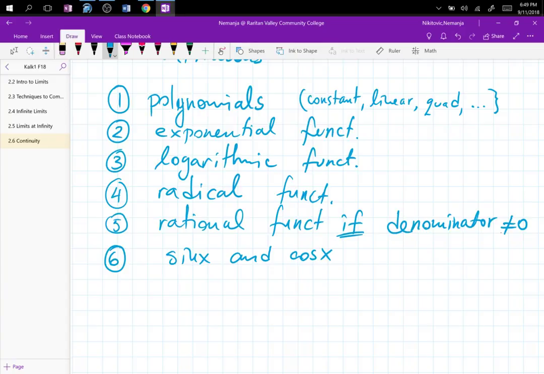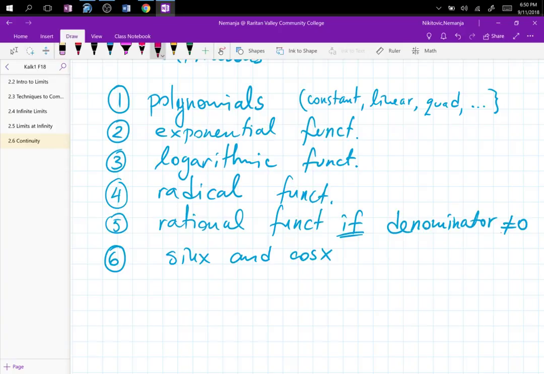Right? So sine and cosine, they are the two trig functions that do not have vertical asymptotes. So we list them here. The rest of them will join the gang, but we have to first talk about piecewise continuity and other things. Before we get there, though,